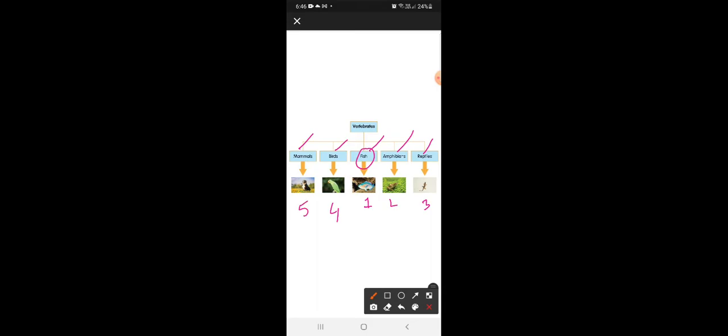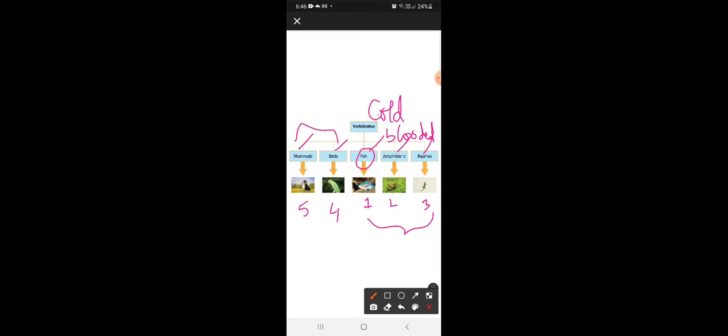Whereas mammals are the animals which give birth to young ones and feed their young ones. So these are the 5 different subgroups that we can see in the vertebrate animals. In these 5 subgroups, the common thing in fishes, amphibians and reptiles is that these are your cold-blooded animals. These 3 we are calling cold-blooded animals. These cold-blooded animals can change their body temperature according to the external or outside atmospheric temperature.